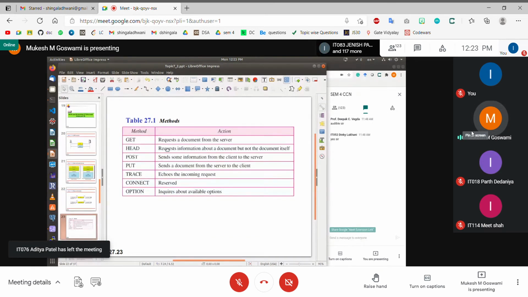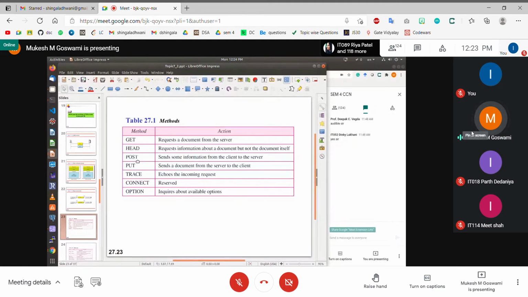Get method, head method. So the get method requests a document. The head method only requests the header of the document and not the document itself. Sometimes you only need to load the header part, right, and not the entire document, because the entire document could consist of a lot of information. You do not require all the information. You only require the information about the page, like what that page is and what it contains. So you only request the header part of it. That is called the head request.